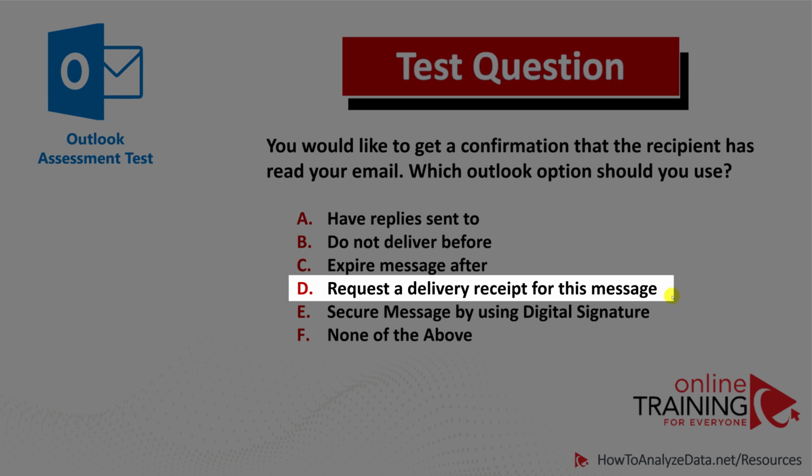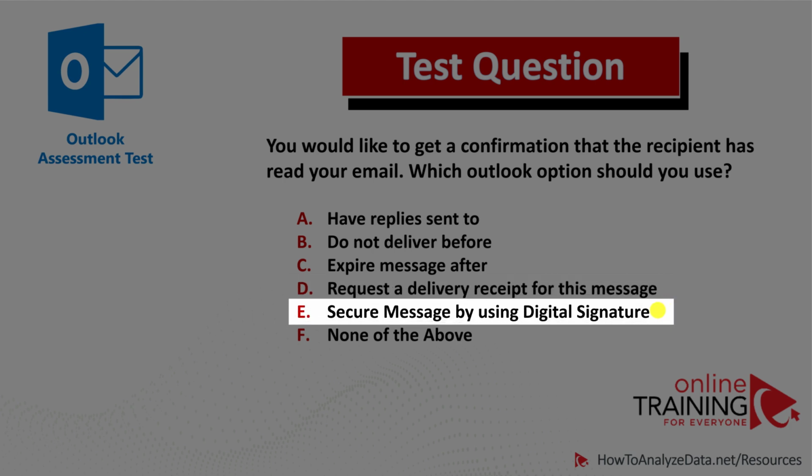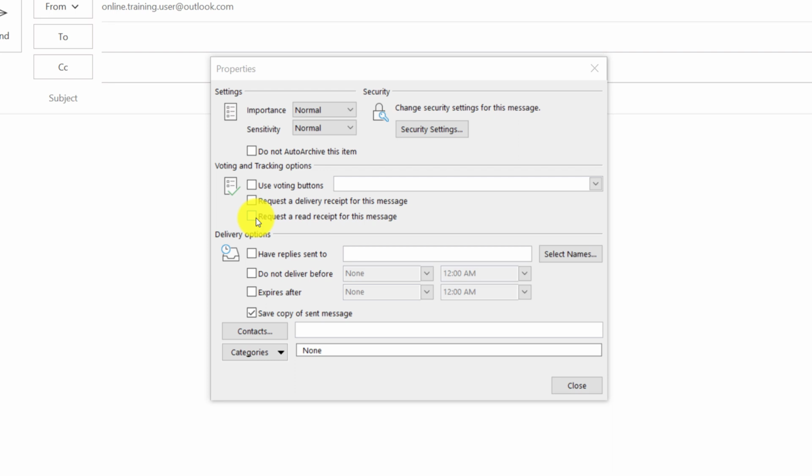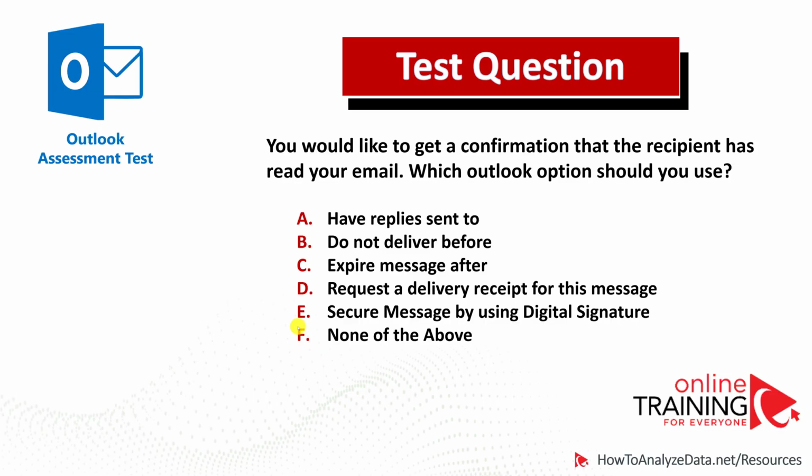Request a delivery receipt for this message will indicate that the message was delivered to the recipient's email box. Secure message by using digital signature allows you to secure the message and ensure that it's not going to be tampered with. The question is asking, how would we get a confirmation that the recipient has read the message? There is a designated option, Request a read receipt for this message, which is not available as one of the choices in the question. So the correct choice here is choice F, because none of the choices A through E meet the criteria of